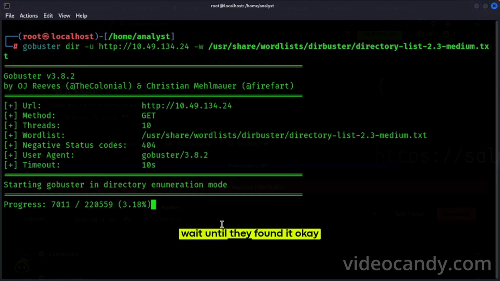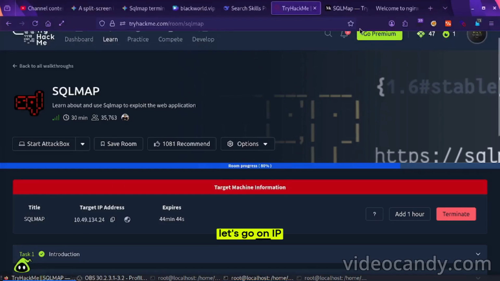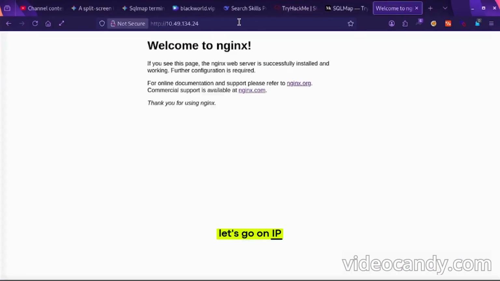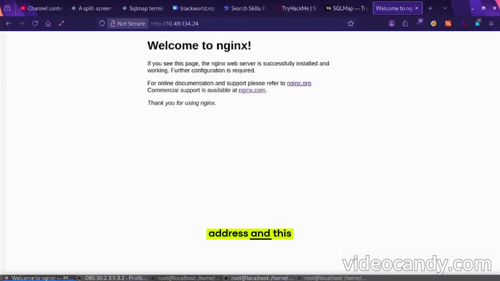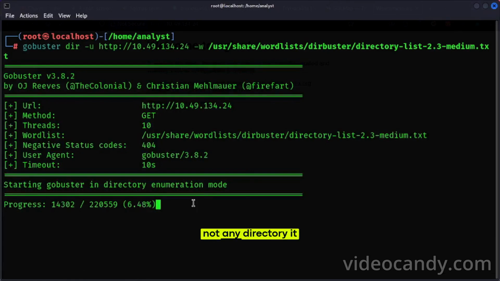So wait until it finds it. Okay, let's go to the IP address, and this is not correct, and it does not give any directory.